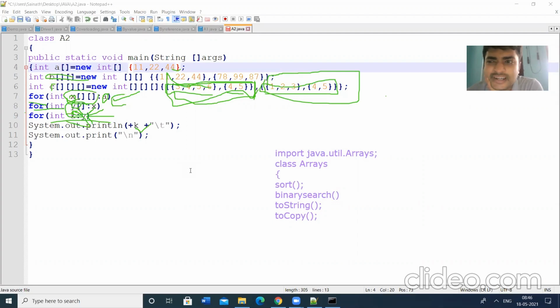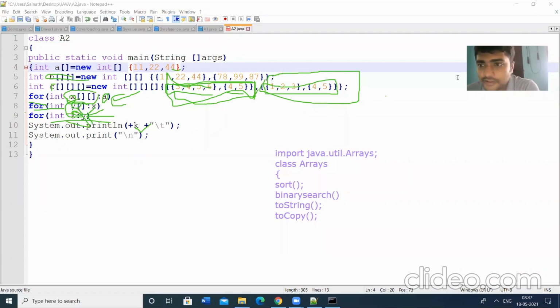We have already seen the searching techniques, binary search as well as linear search. We have another type of search, interpolation search, that you can read. Then in sorting, we have selection sort, insertion sort, bubble sort. We can implement all these concepts by using arrays.